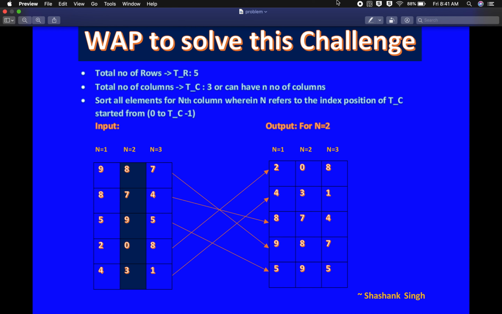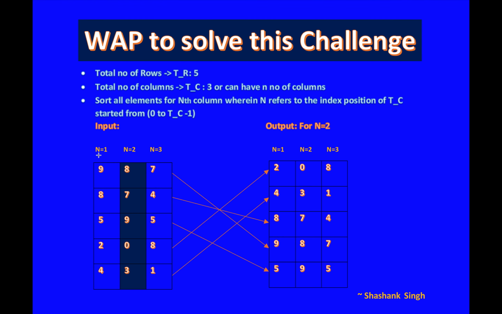So here we're gonna take a few inputs from the end user. We have to take a matrix as input. For that we need to ask the end user to provide some rows and columns, right? After that, the moment we get the input matrix, we will ask the end user again to provide a column number on which we will sort the whole matrix, right? So let's say this is an input matrix and the user has told us to sort this matrix on the basis of the second column. Second column, third column, whatever column he provides, we have to sort the input matrix on the basis of that column, right?